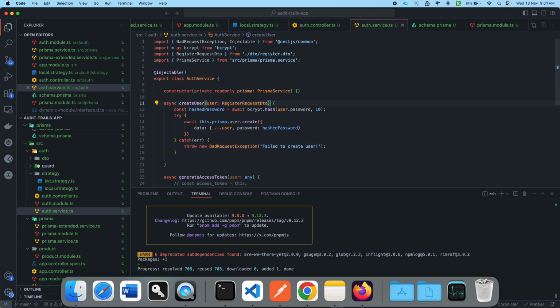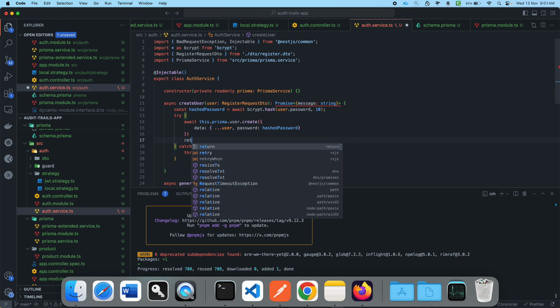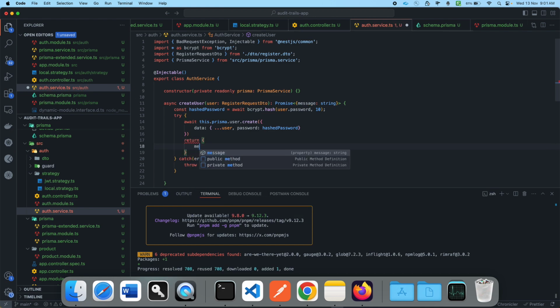Or if you want to just pass something like a message string, so I'm going to return something from here, message: user created